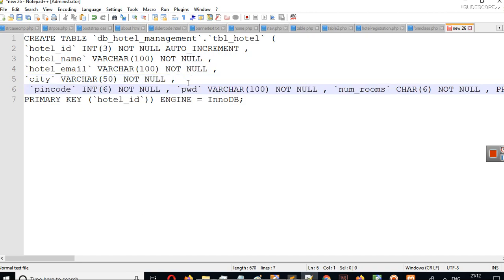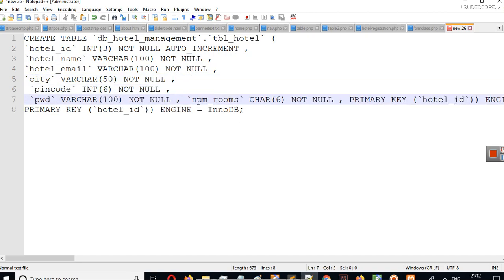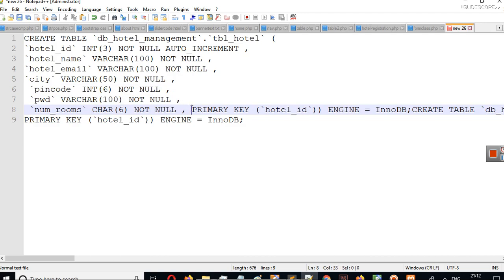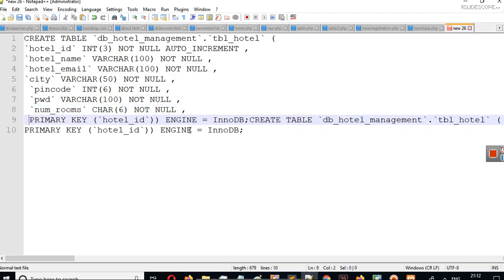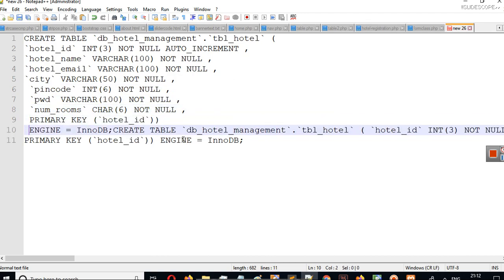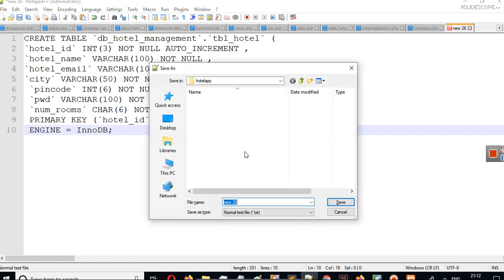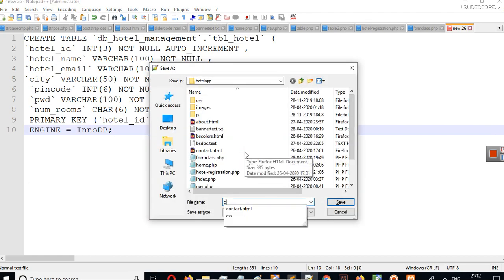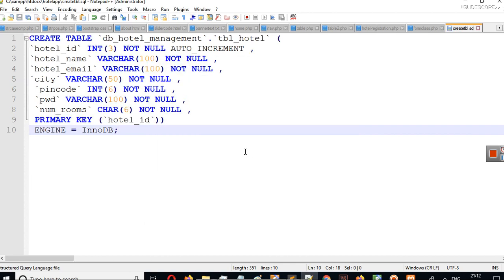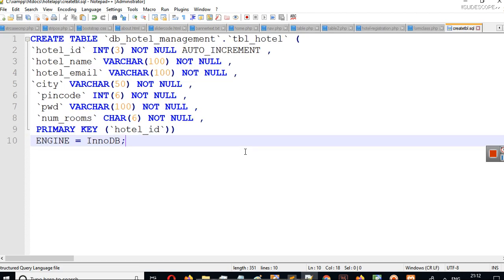So you can also use this code to create a table. I will save this as create tbl.sql. So .sql is the extension for SQL files.